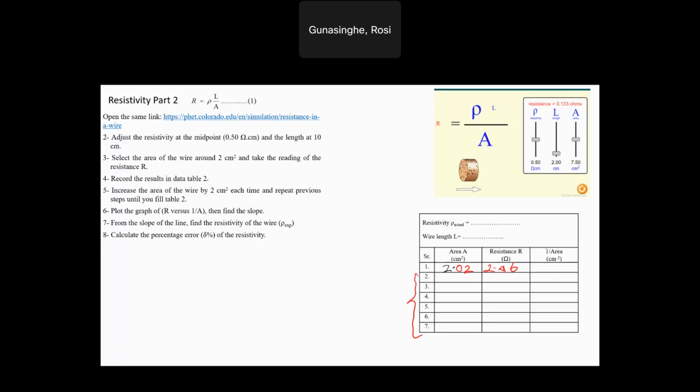In here, you can see that the third column asks you to figure out 1 over area. So when you calculate 1 over area, for our first data set, you have 1 over 2.02. So my 1 over area will be 1 divided by 2.02, which is going to be 0.495. Once you figure out the area and the resistance, you have to calculate 1 over area. The reason for that is, if you look at the equation,